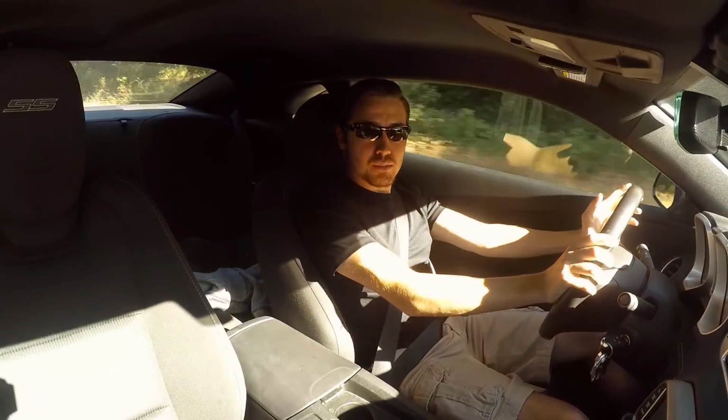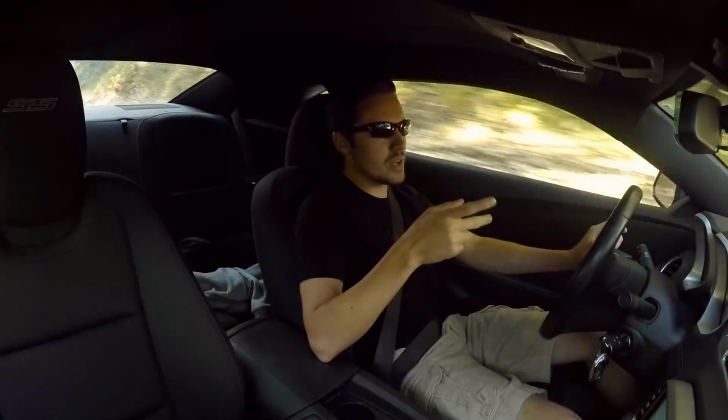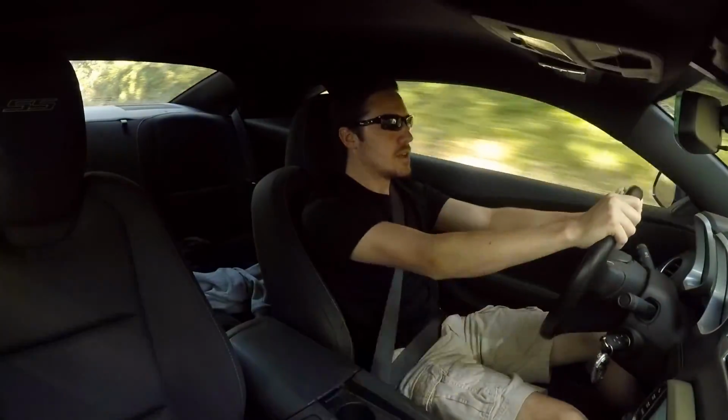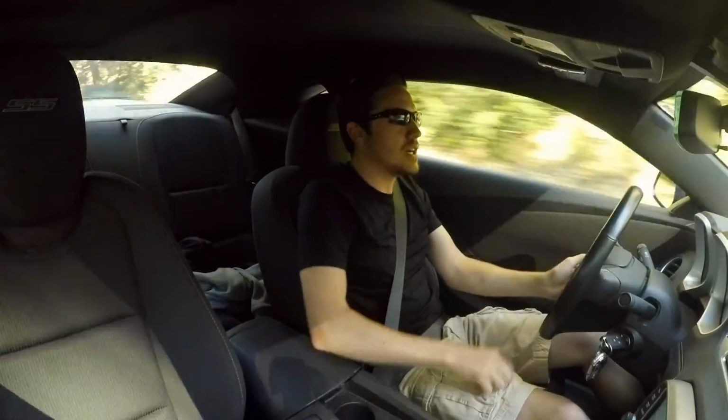And of course, you need good brakes. So we got Brembos all around, I believe. I know they're 4-piston up front. In the back, there may be 2, but I'm not sure. Maybe 4 pistons. If you know, put it in the comments below. And yeah,